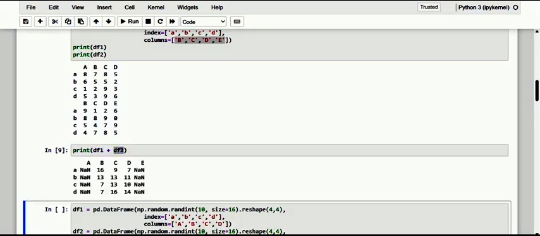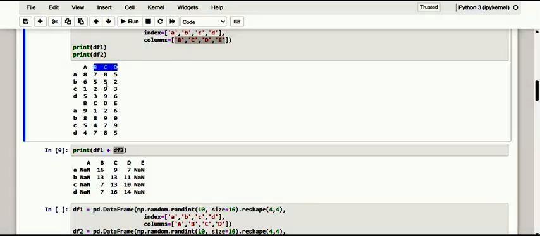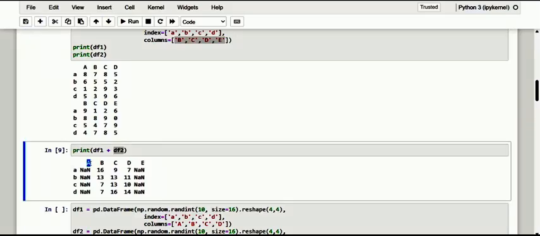We can see from the result that the calculations are made only for the columns in common between the two data frames. So we have B, C, D from data frame 1 and B, C, D from data frame 2. And we get NaN in column A of data frame 1, and from E, that is from data frame 2, we get NaN in the E column.